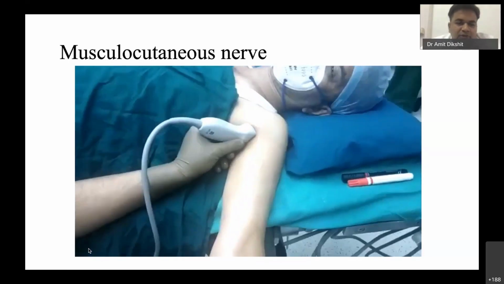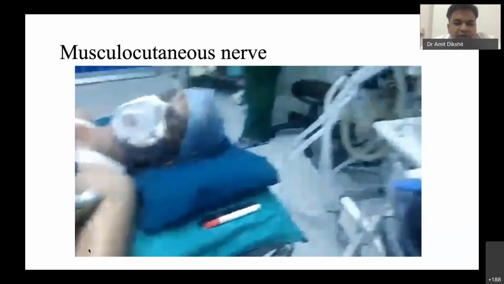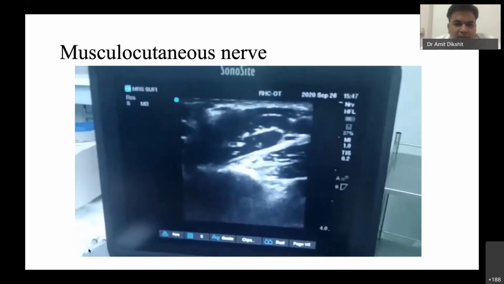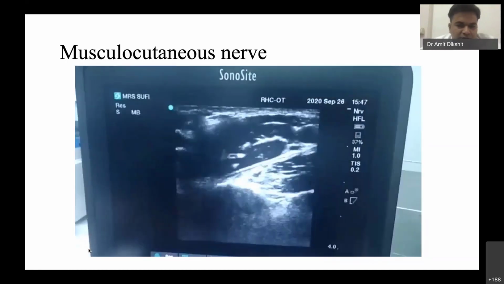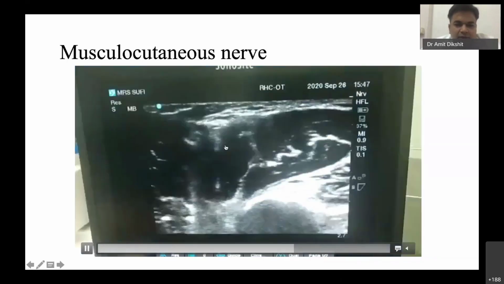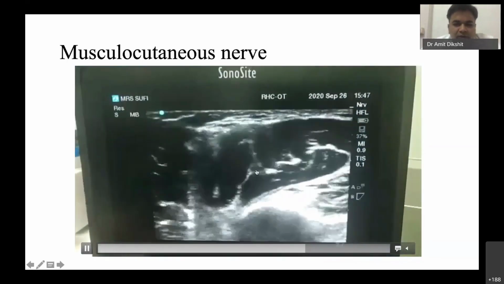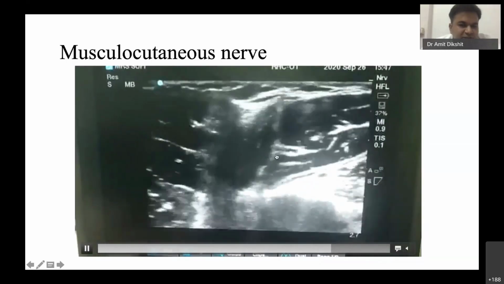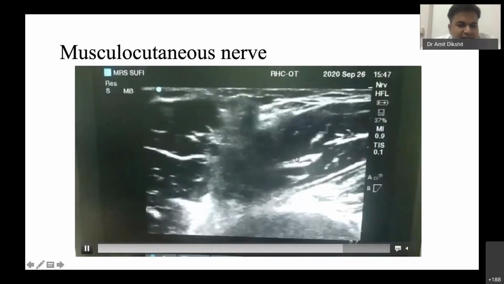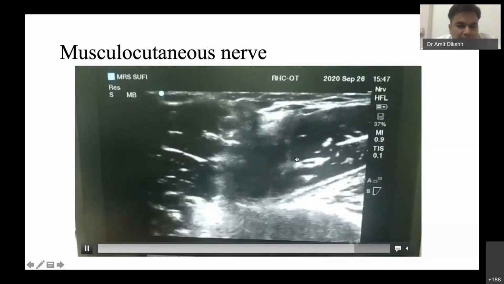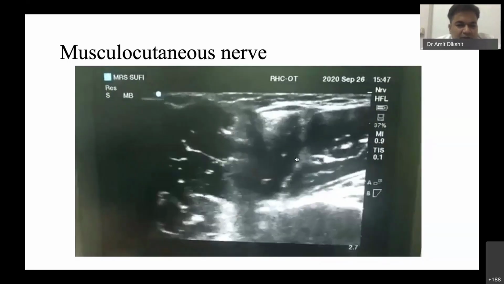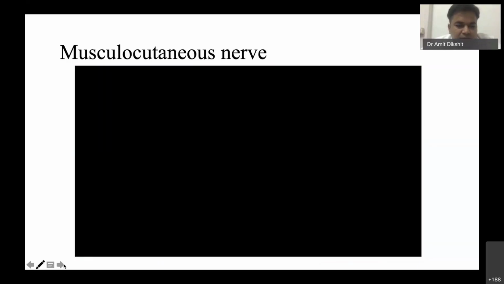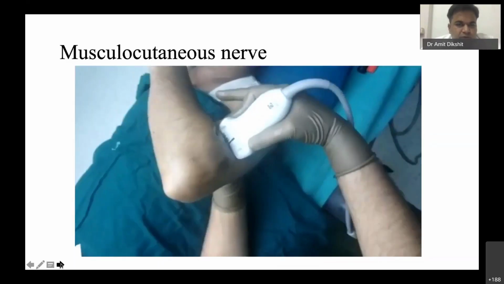So it constitutes around 70 to 80% of tourniquet pain. So if you are planning to put a tourniquet, never miss this star-shaped, nicely seen musculocutaneous nerve. The musculocutaneous nerve is also very responsible for all the wrist surgery, whether it is distal radius pinning or even carpal tunnel release, and it has got nerve ramification and very rich nerve supply in that area. So we cannot forget the musculocutaneous nerve.